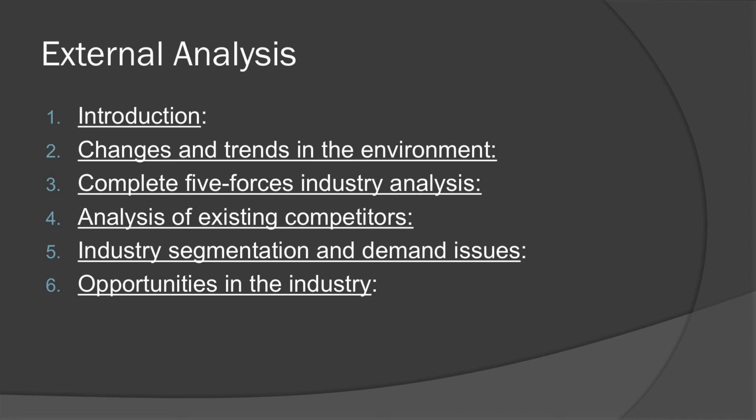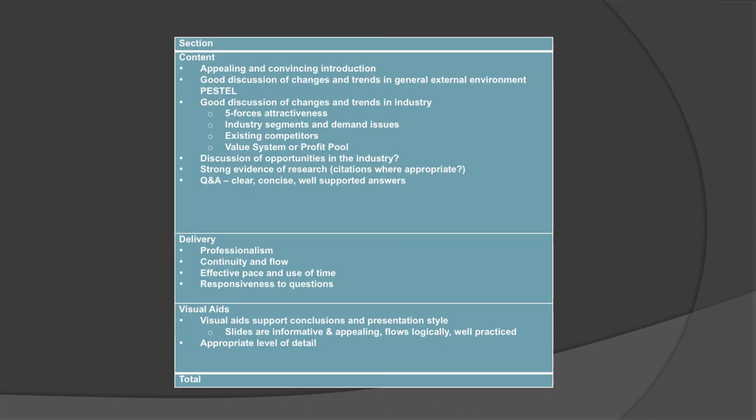Then you're going to follow up with an analysis of your existing competitors. I would like to see how they are different than your company. That could be their financials, that could be their geographic scope, it could be their positioning. If you look at my grading sheet, which I'll show you in just a minute, I'm also asking for another framework in addition to PESTEL and the 5 forces. It can be something from another class. It could be something else we've discussed, such as the industry change model, life cycle analysis. It could be the value system. There's lots of options here.